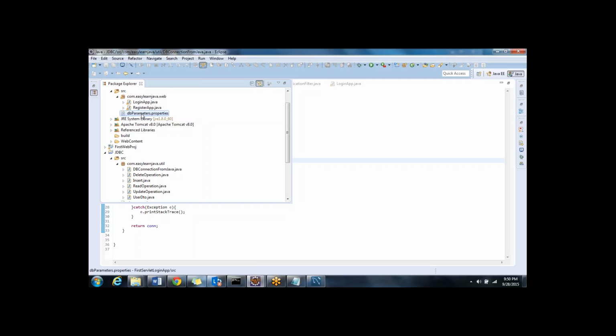So you can place this anywhere. If you want to place it under src, you can place it under src, or if you want, you can place it inside any package. But all you need to do is give the right path in the resource bundle so that it can go ahead and read that location. So the next thing that I want to do here is